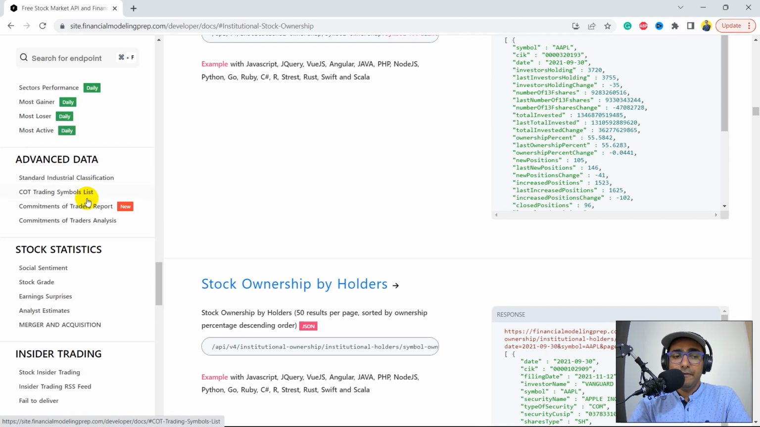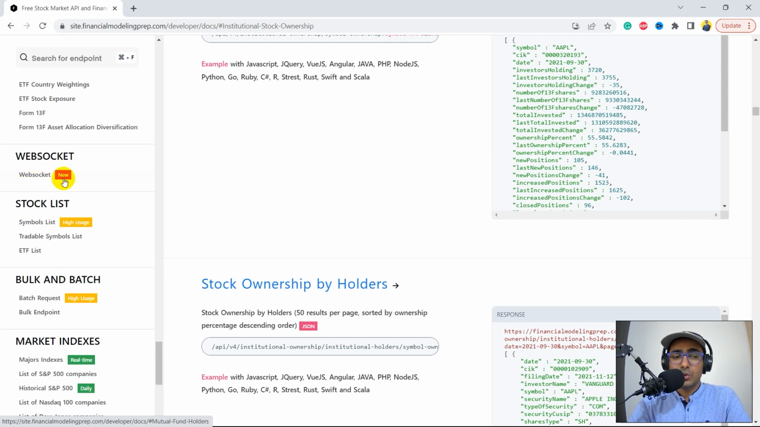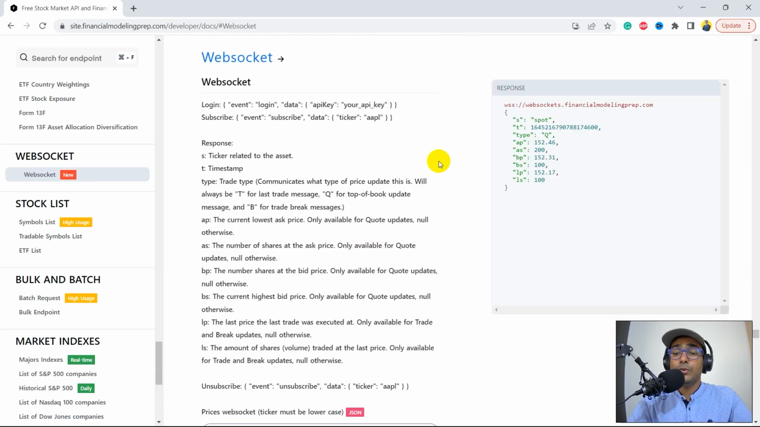And now we are coming down to explore, I would say, the hottest thing on this documentation, which is WebSocket. For the people who don't know what a WebSocket is, a WebSocket is basically a communication channel between two servers where two servers can send and receive messages, right? And in our case, we will be using WebSocket to extract some real-time prices of some of the instruments like